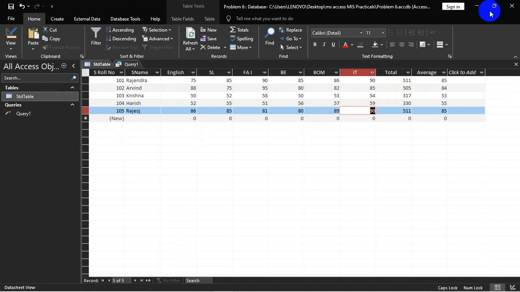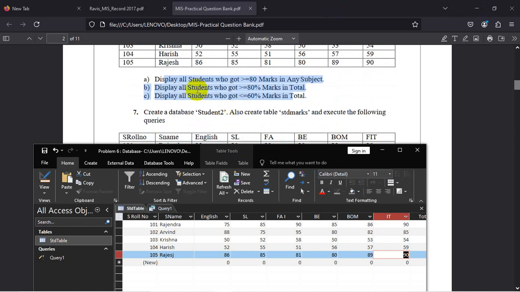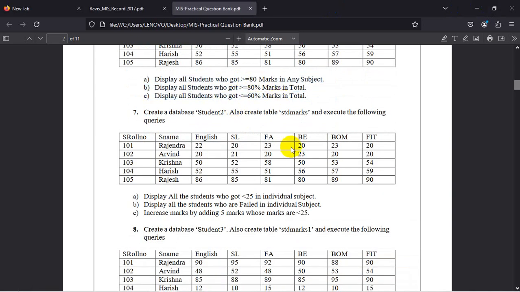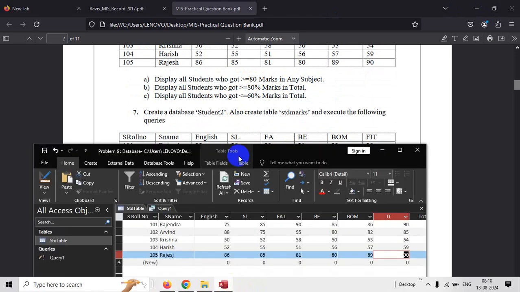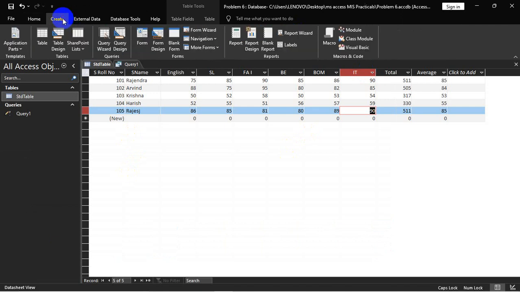Now just go for the queries here. Check what the query is. Display all students who got greater than or equal to 80 marks in any subject. Okay, here I have given query number 1 as the update, so you can give query number 2, the real queries.